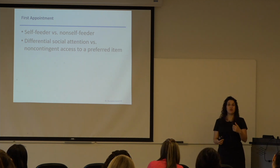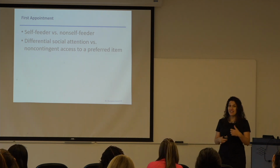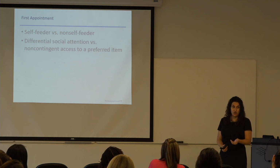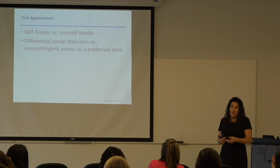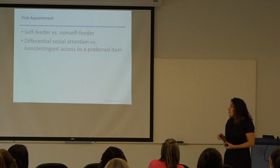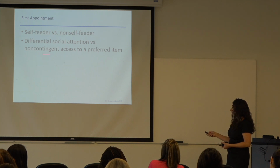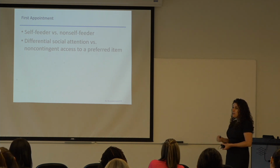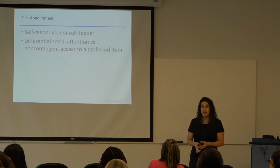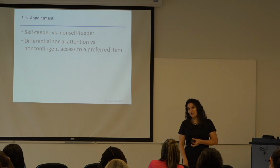Is social attention reinforcing for a child? And is that enough? That's always my preference. My preference is not to bring a toy into a meal because generally people don't have toys or iPads during meals. But when I do bring one in, for the most part, it's non-contingent access to a preferred item, putting on an iPad, giving them a toy that they really like. I usually do that in response to crying, right? If a child is really upset for the first 5 minutes of a session,